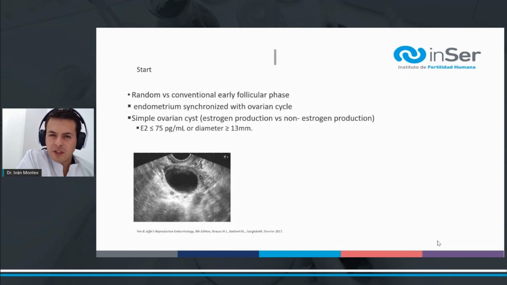Almost all conventional day 2-3 cycle ovarian stimulation protocols for ovulation induction, or COS, utilize early follicular recruitment in an effort to maximize, or have the maximal or the best optimal follicle development, as well as to synchronize the oocyte development to a receptive endometrium. So to start a treatment, it is necessary to perform a transvaginal ultrasound on day 2 or 3